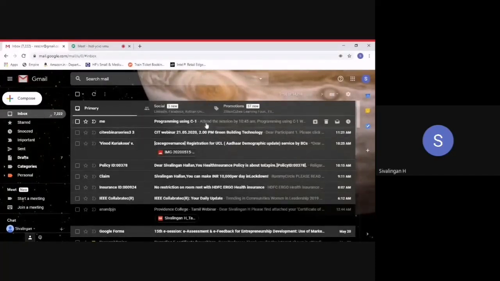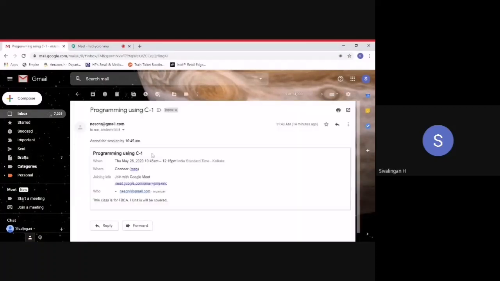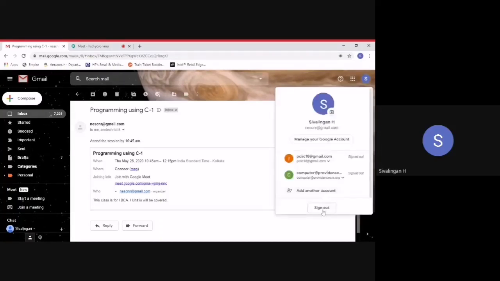Once you create a meeting room using the calendar, or you set a schedule and send it to people, one copy will come to you automatically. See, now I have received one mail in my mailbox. I click on that, and you can see everything in this place. Whatever was decided, the title and everything, we will have it. Using this, we can connect when we have a session on that particular day. By default you will get one copy in your mailbox. Okay, let me come out from this. I will show you how to go about it using a Google G Suite account.